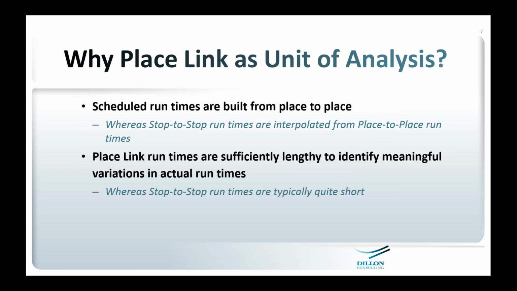And the question is, why use place link as a unit of analysis? A couple of reasons. Scheduled run times are built by schedulers from place to place, not from stop to stop. In fact, the stop-to-stop run times are just interpolated from the place-to-place ones. When you look at the run times between places, they're sufficiently lengthy to identify meaningful variations in the actual run times. Stop-to-stop run times are typically quite short, quite often less than a minute, or only a minute or 2. So you want a unit of analysis that's sufficiently lengthy that you can get some variation in the